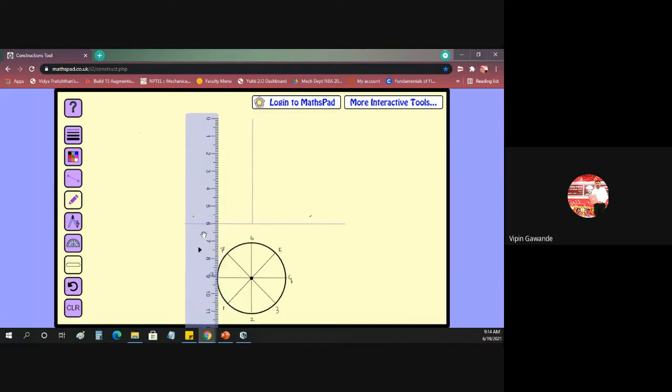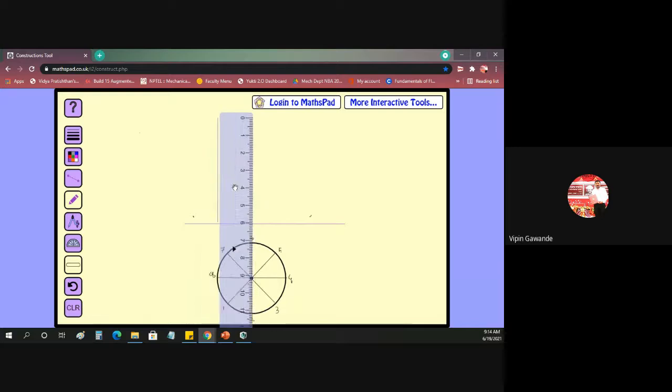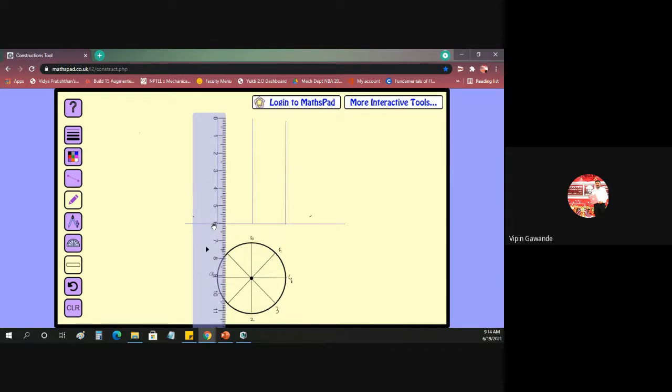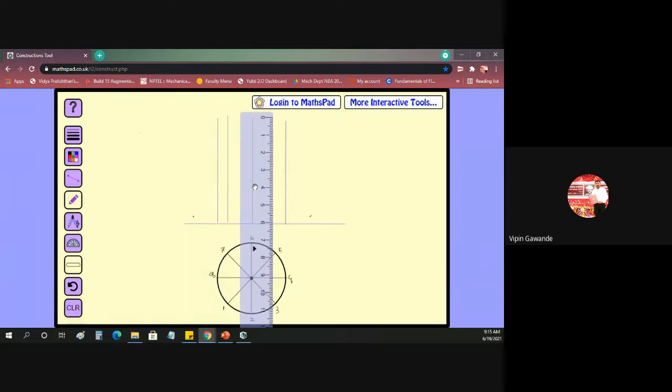Then we have to draw the lines from the corners. This is 60 because these are the vertical lines here. This is also 60, and this is also 60 from 4. Then from 7 you also have to draw the line. From 7 and 1 you will get the common line here, and you will get a line something like this. Then from 5 and 3 you will get another line like this.